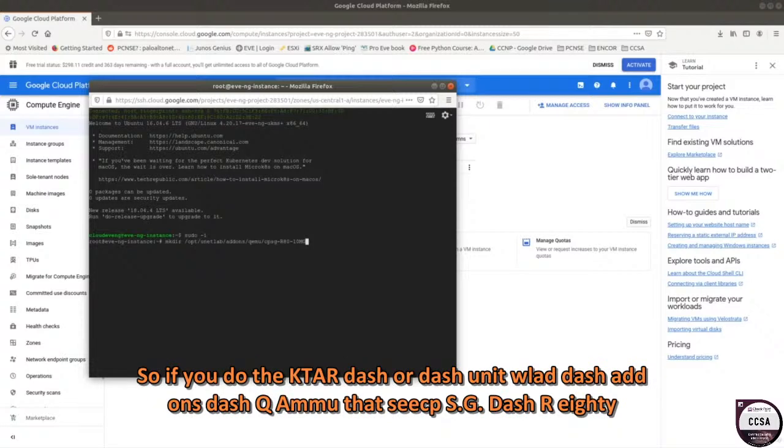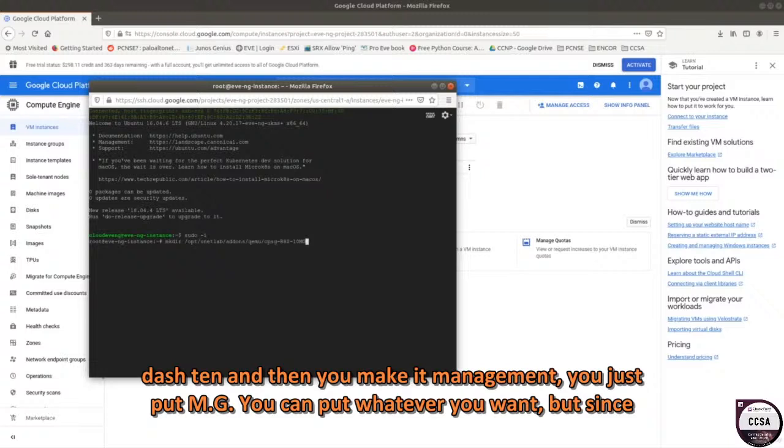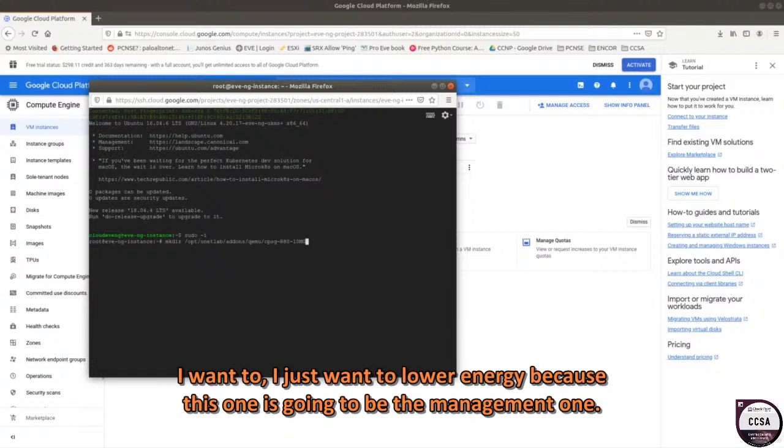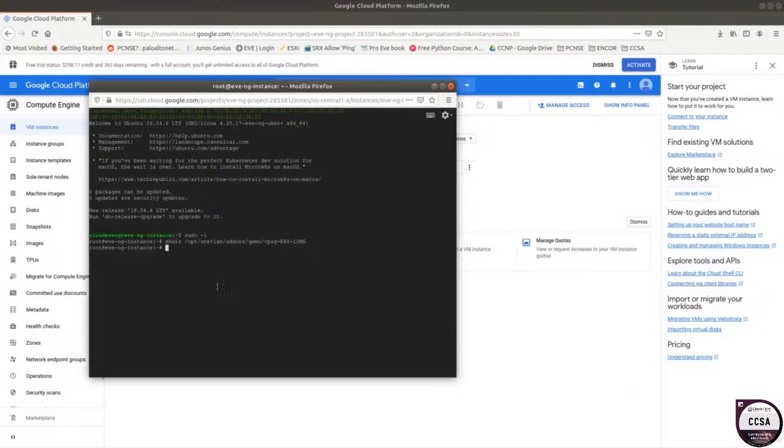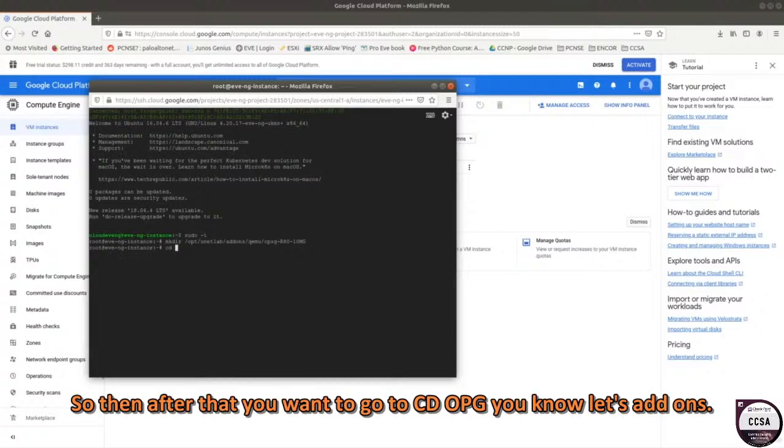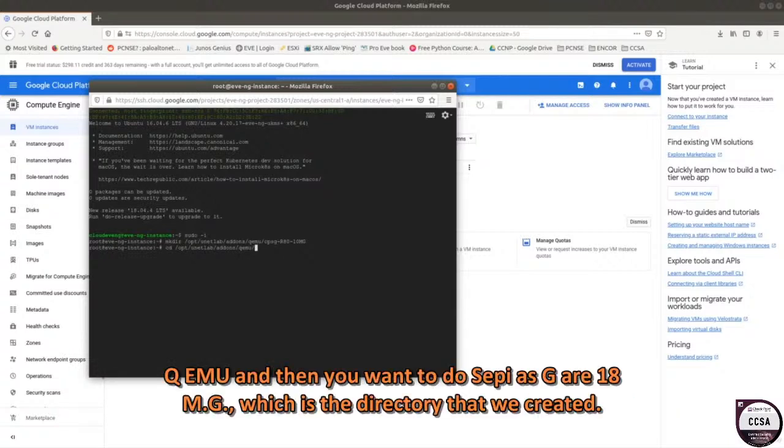So if you do mkdir /opt/unetlab/addons/qemu/cpsg-r80.10, and then you make it management, you just put mg. You can put whatever you want, but I just want to label it mg because this one is going to be the management one. There we go. So then after that, you want to go to cd /opt/unetlab/addons/qemu and